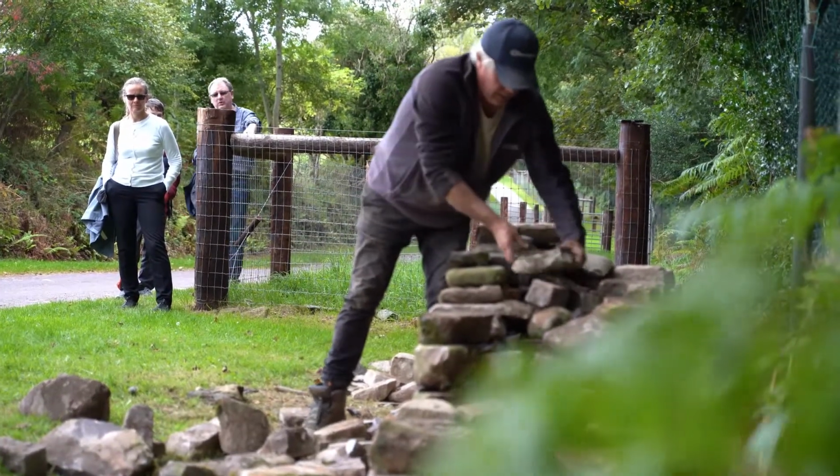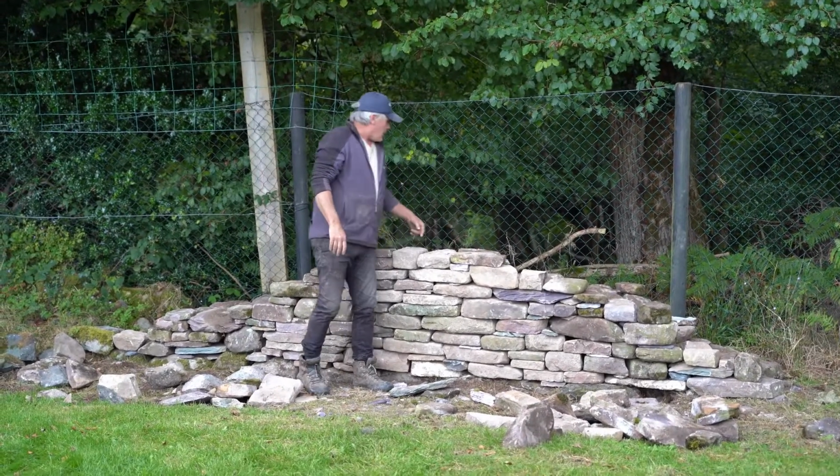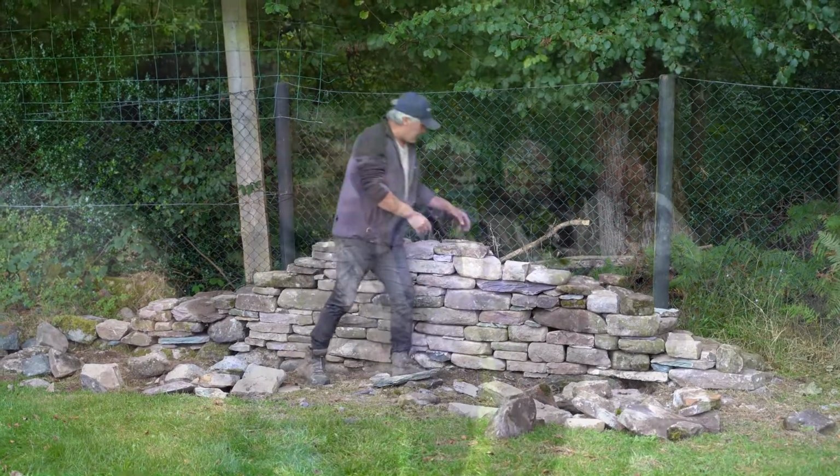That's sheep wire. So there'd be a lot of these kind of stone walls. Now they're usually about 2 foot thick, but what I was trying to explain there, when you wedge him and